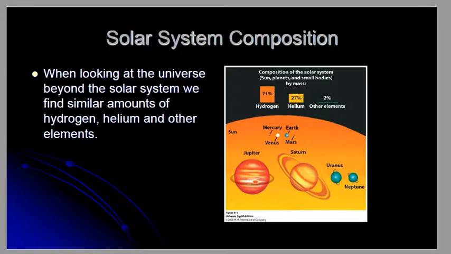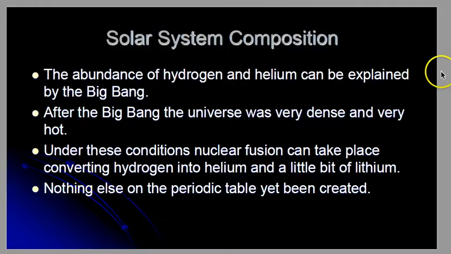Well, if you look out in the universe, we find that most of the universe is hydrogen and helium and a little bit of other stuff. So the solar system is made out of the same thing that the rest of the universe is made out of. So the abundance of hydrogen and helium comes from the